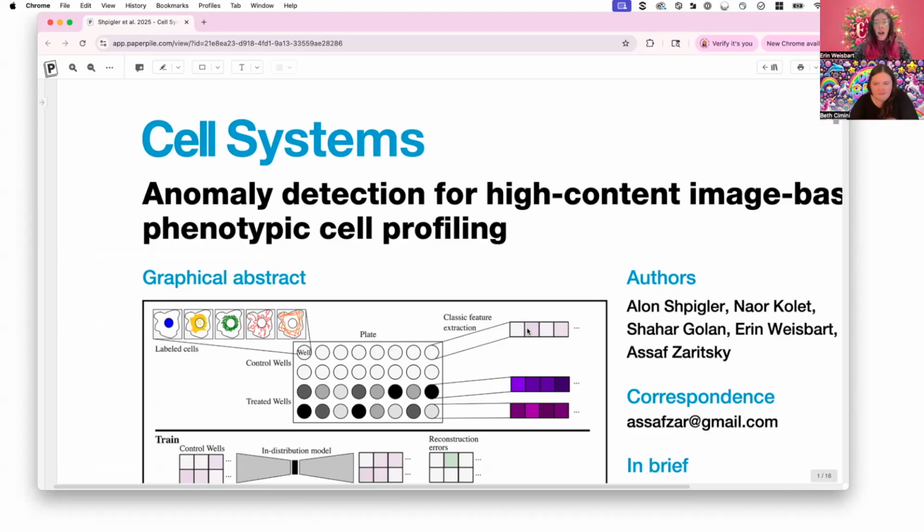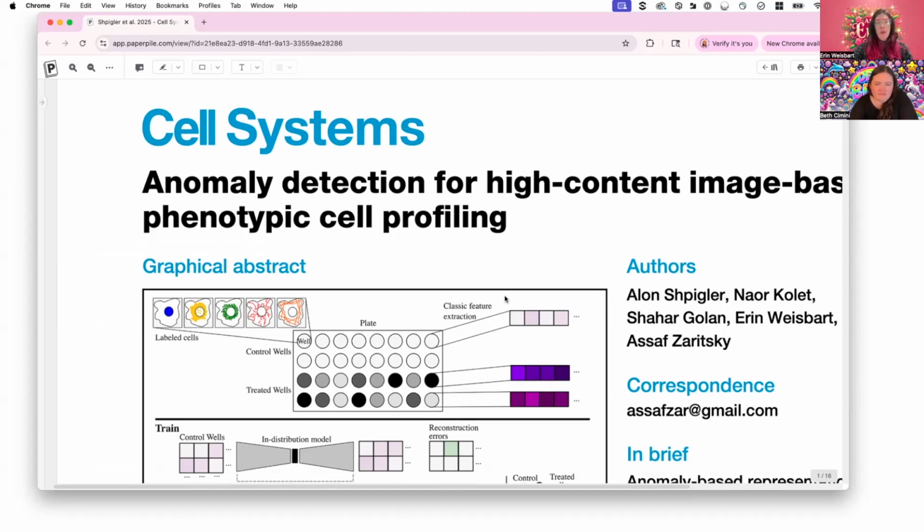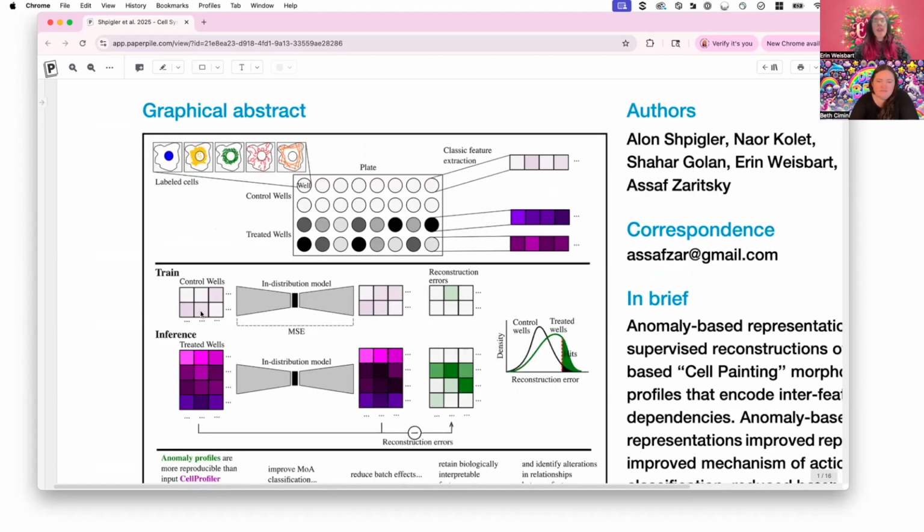So we know lots and lots of information about what each of those features actually is. So this is our starting point. Then the cool thing that Asif's group did was they trained a model, a deep learning model here, using only